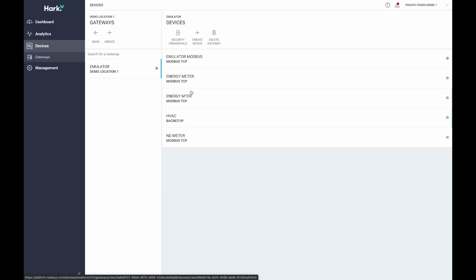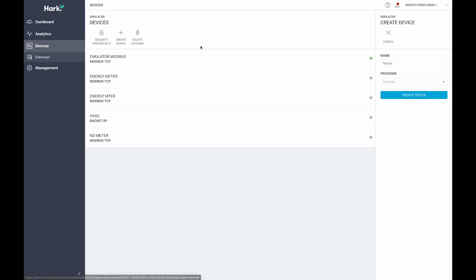Hitting Create Device will allow you to connect a new device to the gateway. This device could be an energy meter or a HVAC system, for example. Create one by giving it a name and selecting the protocol for the device you're trying to connect. There are many protocols to select from, including BACnet, Modbus RTU, and Modbus TCP, or many more, which are enabled